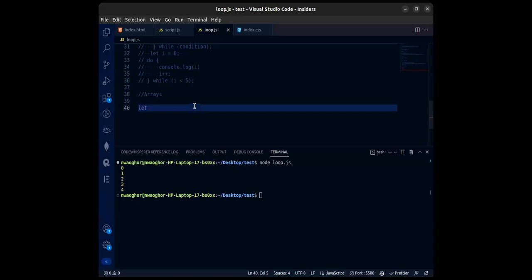Let's just call it shop, for instance. So this particular array is a shop, and this is how we declare our array syntax. Inside of the shop, we want to say we have